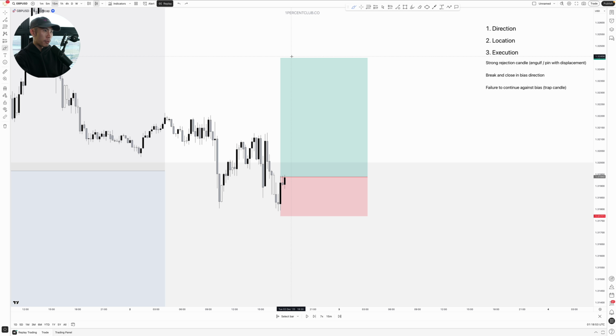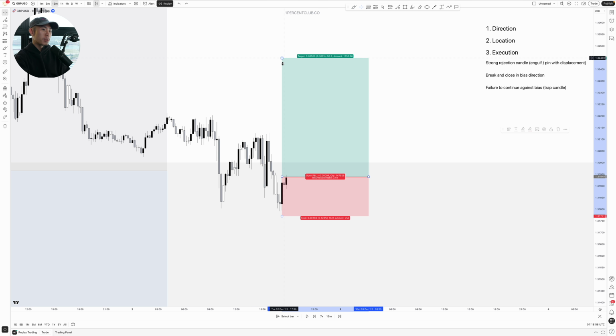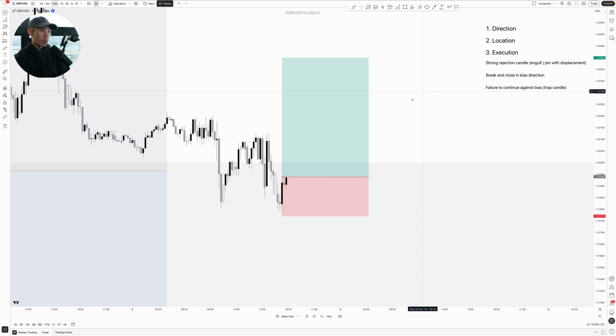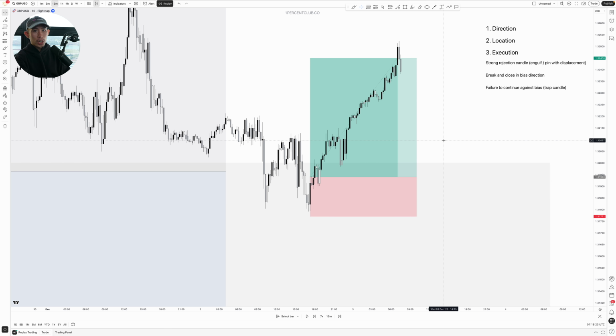And then in terms of the take profit, like I said, just to keep things simple, you just place it at 3 times your stop loss distance. So you drag this position tool all the way up to 3, just like this, until it shows 3 over here, the risk to reward ratio. And that is where you want to take profit, right? Once again, just to keep things simple for this video itself. So let's see what price does next, right? Price continues going up just like this, continues trickling up, and slowly but surely it eventually comes up there and smashes our TP. Really just as simple as that.